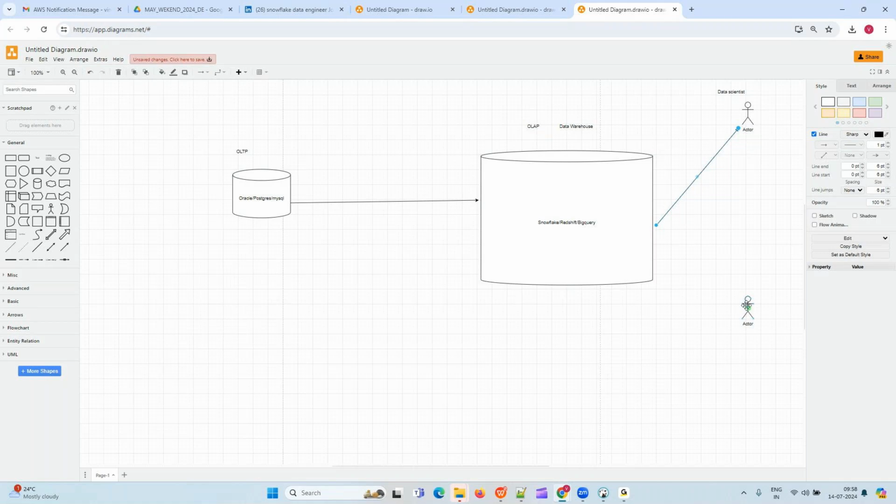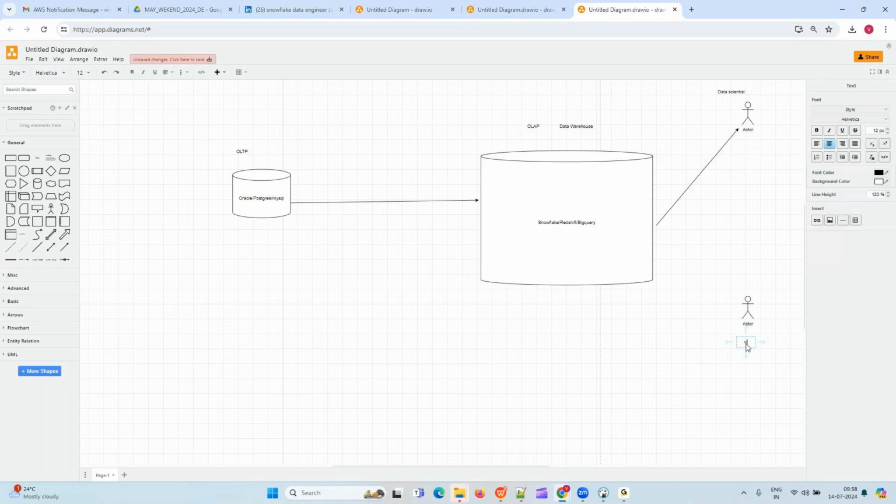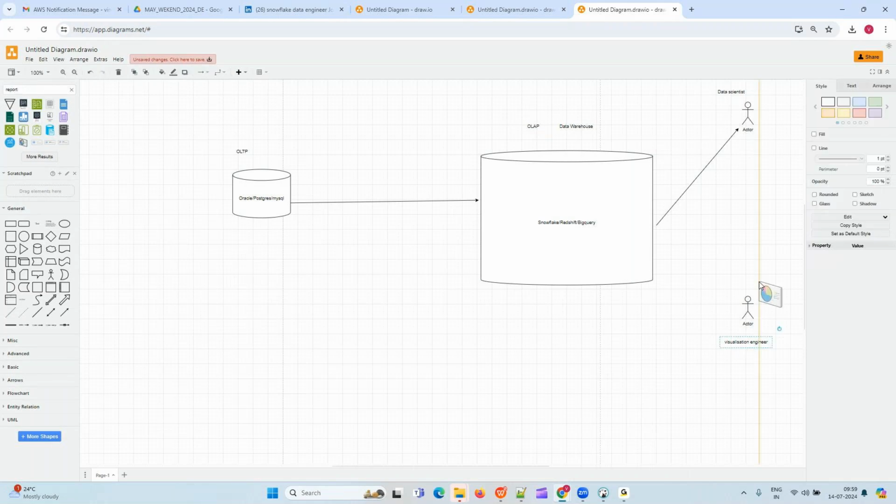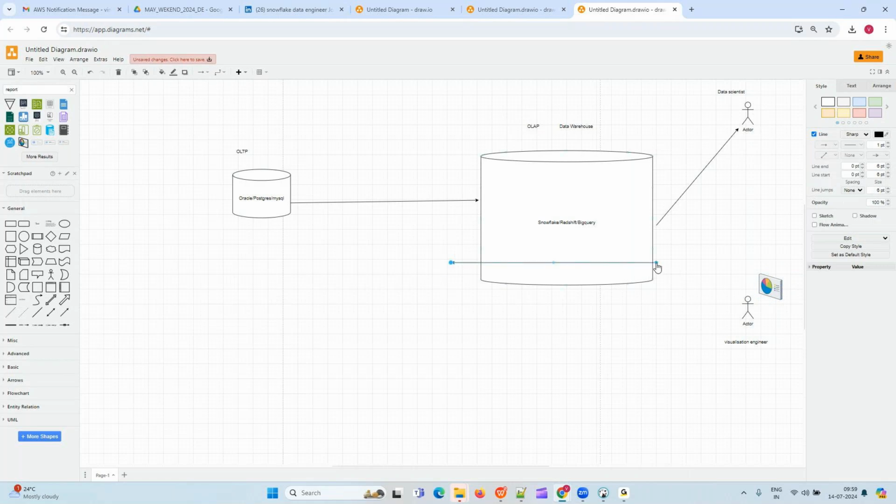And the other people who are going to use this are the visualization engineers, the Power BI or Tableau people. There are tools in the market like Power BI or Tableau that do the reporting. Let's say my higher level management wants to know what my product sales are for a particular region for a particular quarter, correct? If I want to build those reports on historical data, you use this historical data here.